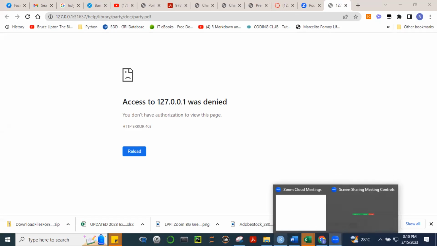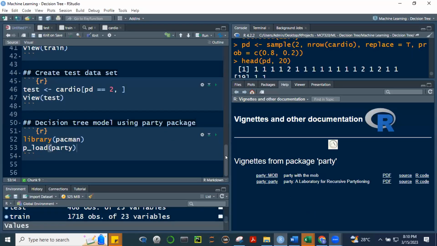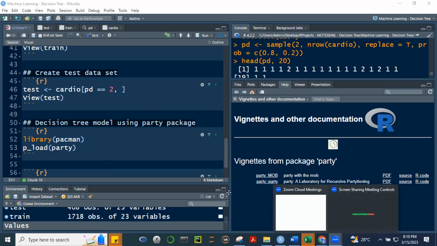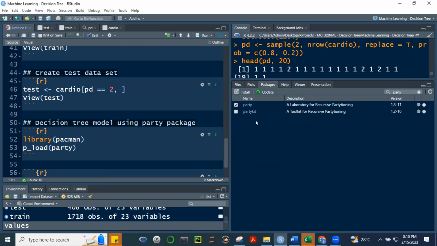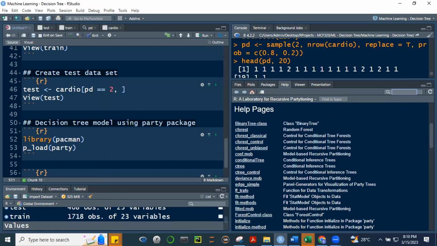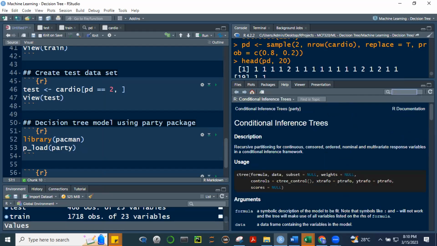So let me go back to our file. Okay, so let's start, class. Let's start making use of the party package. Okay, so gagamitin natin yung C3, no? As I mentioned a while ago, dito ulit. Oy, sorry, mali. C3, where is that? Here. Ito. No? We take a look at this.